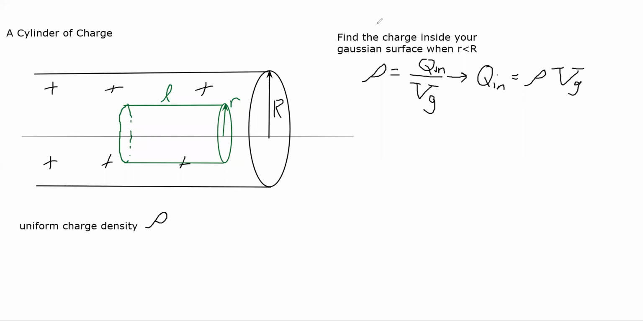So what's the volume of a cylinder? The volume of a cylinder is pi r squared L, and we're talking about Gaussians. We're looking at our Gaussian cylinder, right? So we're going to do lowercase r squared times L, and that's it. That's my charge inside. Okay, and just for reinforcement here, because I think you guys know how you would do this next one. So find the charge inside your Gaussian surface